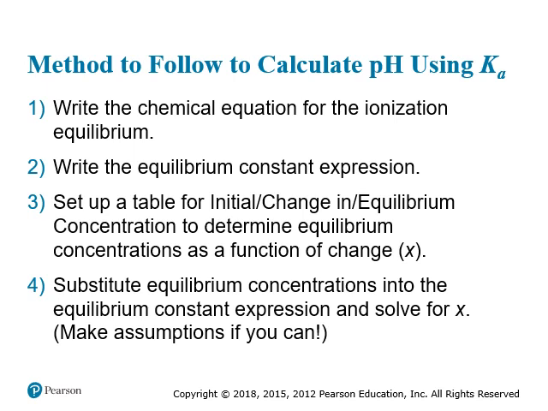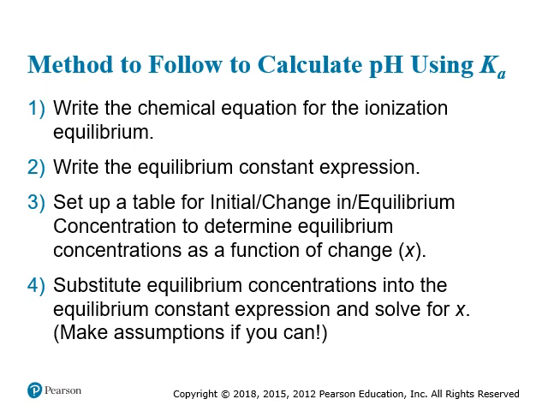We can also do the reverse. We can use the Ka value in order to calculate the pH of a solution of acid dictated by equilibrium. This is going to be essentially the same process by which we describe all other equilibrium reactions. We're going to write down the chemical equation. We're going to write down the expression for the equilibrium constant, and then we're going to set up that ICE